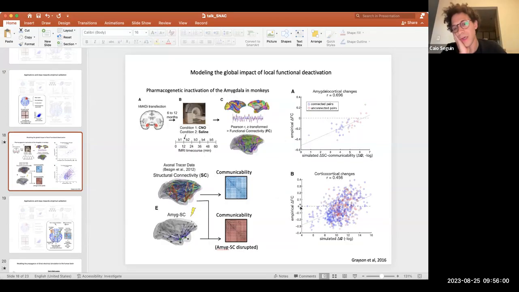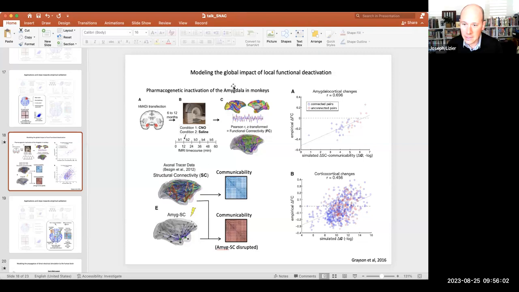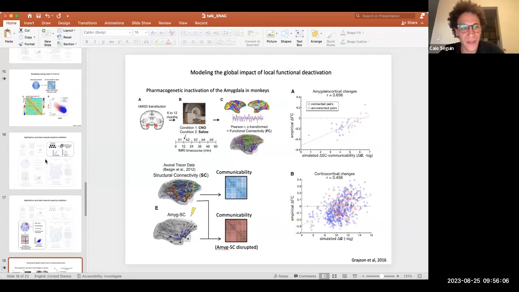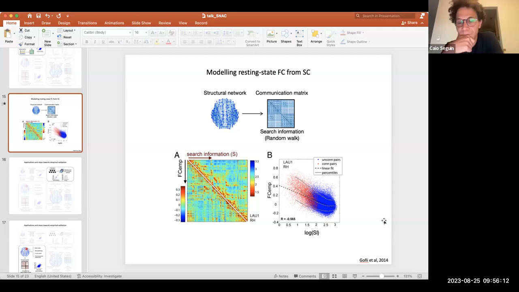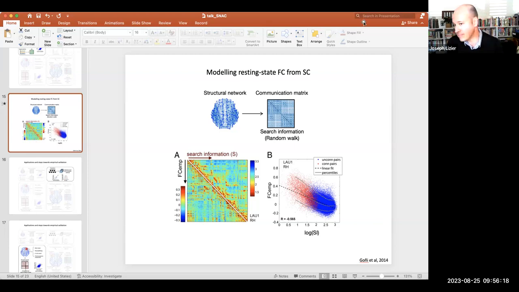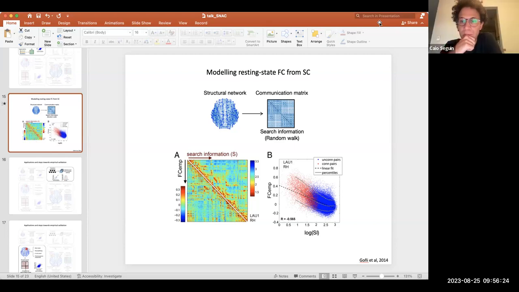A couple of slides ago, you looked at how well... This one is when you disrupt a region. Right. So this was about disruption, and then I think it's a few slides, slide 15, you've got how well it correlates to functional connectivity. Right. So you've sort of got, coming back to that no free lunch idea, they each are better or worse at predicting several different kinds of dynamic things that you might want to measure. Yeah, and we've got that empirically here.